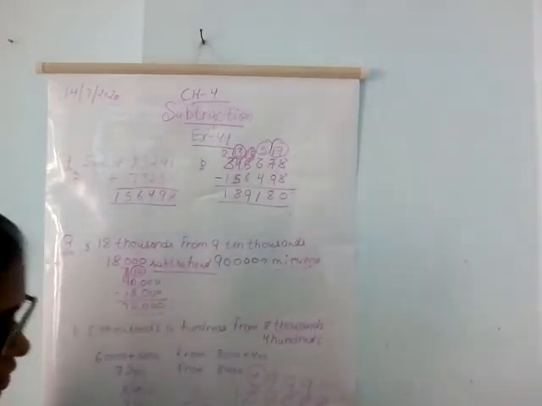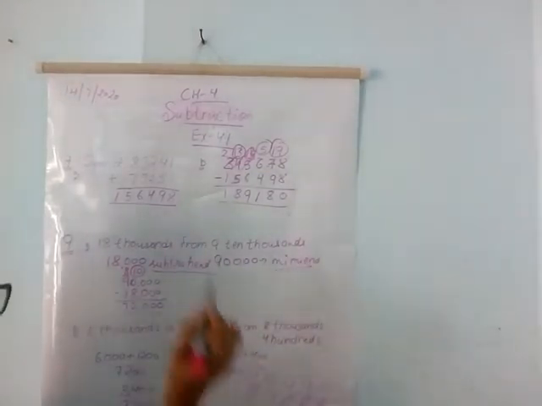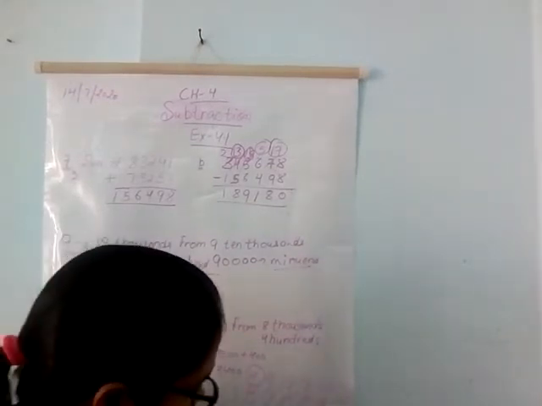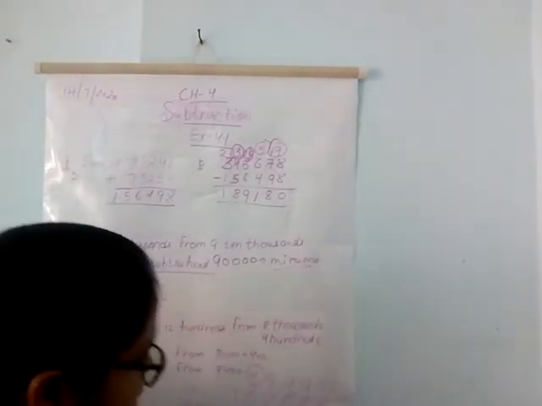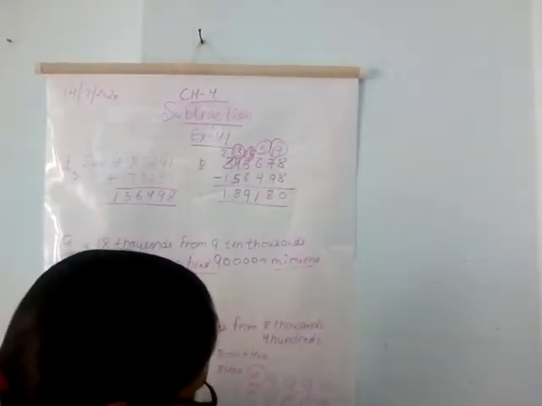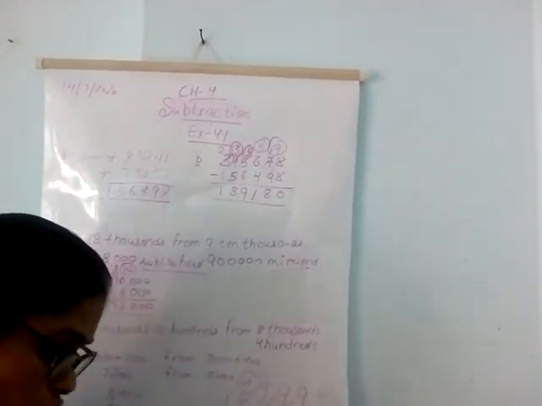You have to keep moving forward. So this 10 will become 9, this 10 will become 9, this 10 will become 9 and this 5 will become 4. So from 10 when you subtract 7, 3. From 9 you subtract 4. From 9 you subtract 9. From 9 subtract 8. Now from 4, subtract 3. 1,11,053 will be your answer. I hope you can do it.